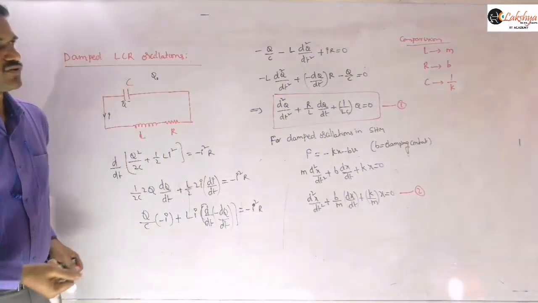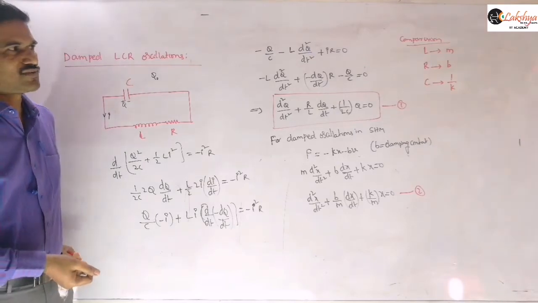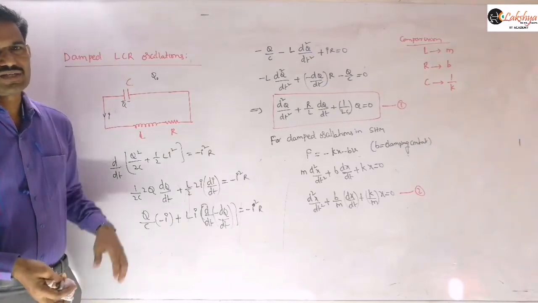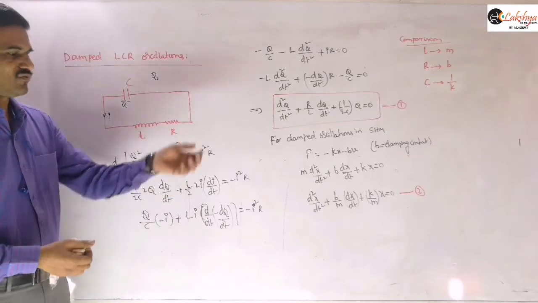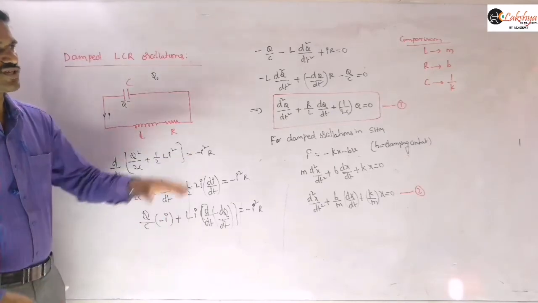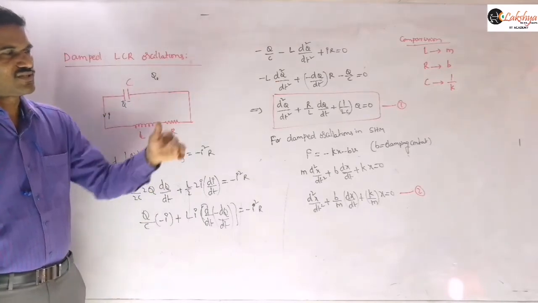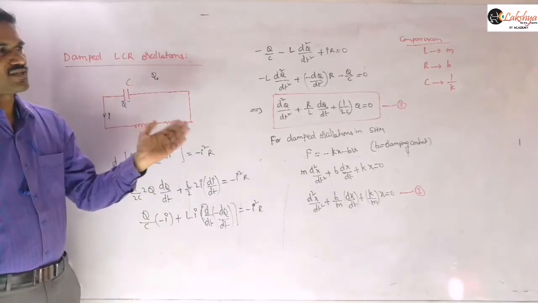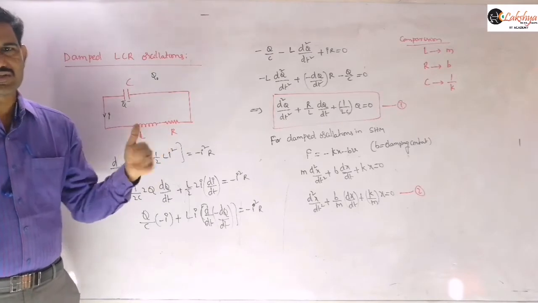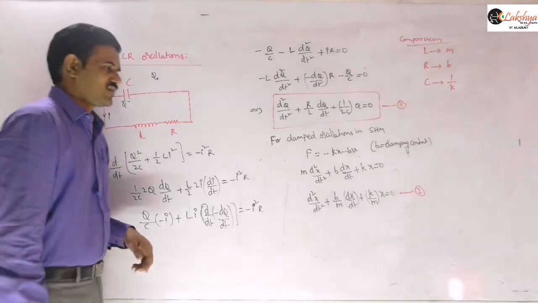So L, inductance, is similar to that of mass. Which we mentioned already, inductance is similar to inertia there. Now we know mass is nothing but the measure of inertia, and resistance, loss of energy, is like the damping constant. And then capacitance is the reciprocal of that spring constant, we need to write, right?